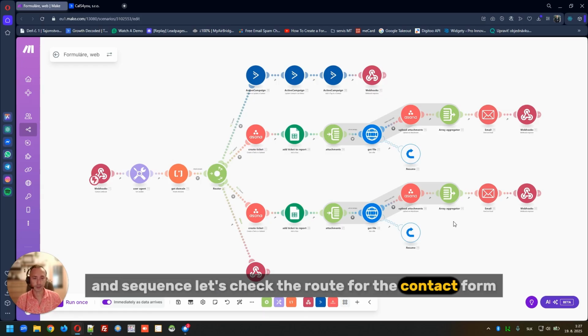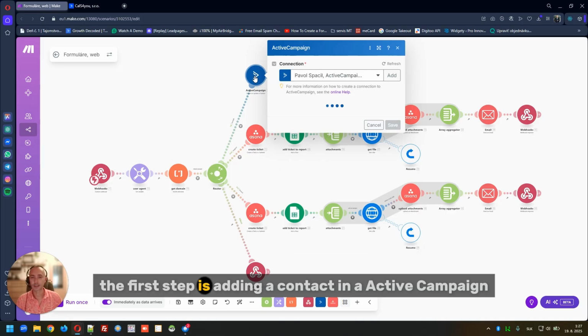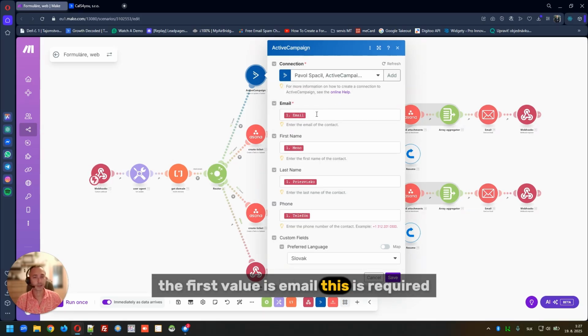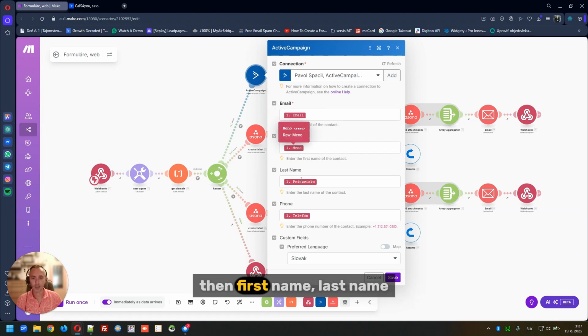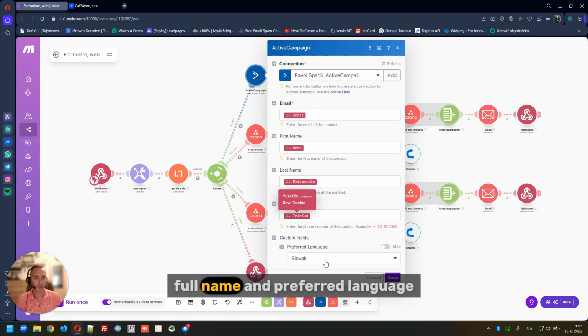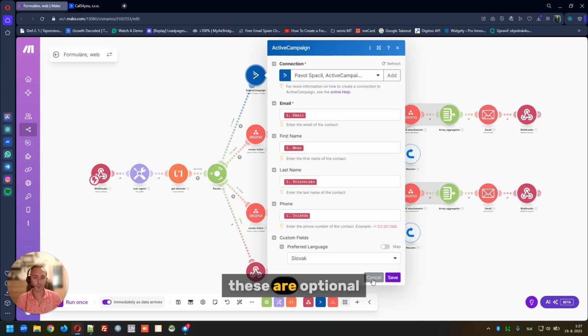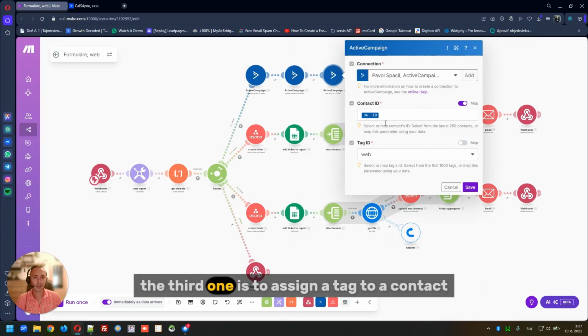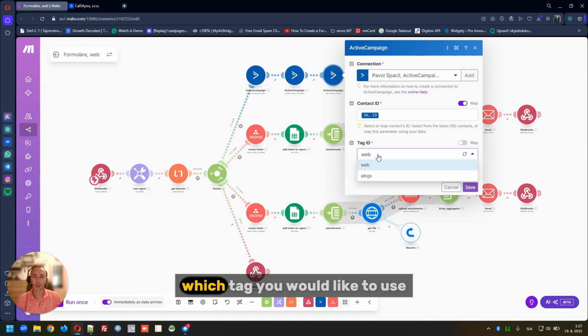Let's check the route for the contact form. The first step is adding a contact in ActiveCampaign. The first value is email. This is required. Then first name, last name, phone number, and preferred language. These are optional. The second step is to assign a contact to a contact list. The third one is to assign a tag to a contact. You can choose here from a drop-down which tag you would like to use. I prefer web at the